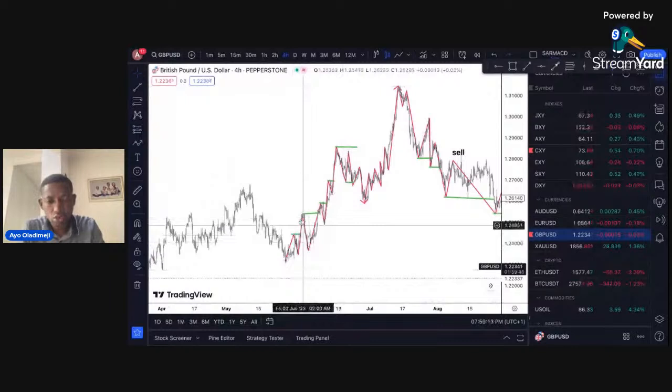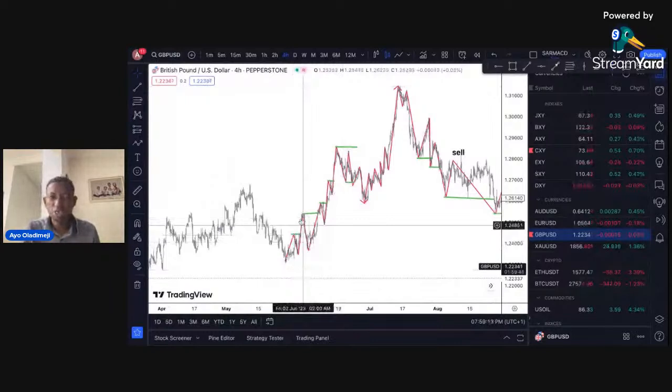Okay, is it every time you're going to get it spot on? No. Maybe, for example, here you could have bought and made some little profit, but if you have not taken your profit early, at the right time, you're most likely going to have this kind of scenario where price actually reverses all the way back and goes into a loss. But then you can see the recovery. As long as the market is still in an uptrend, price eventually recovered and continued in the uptrend.